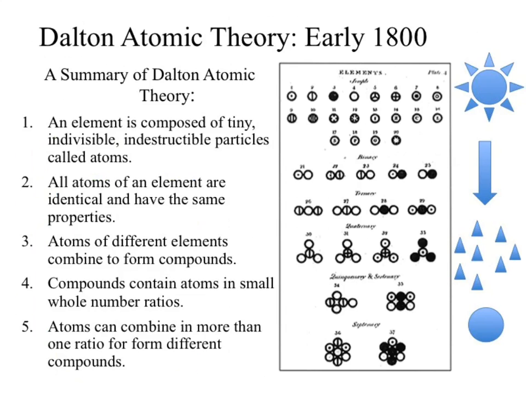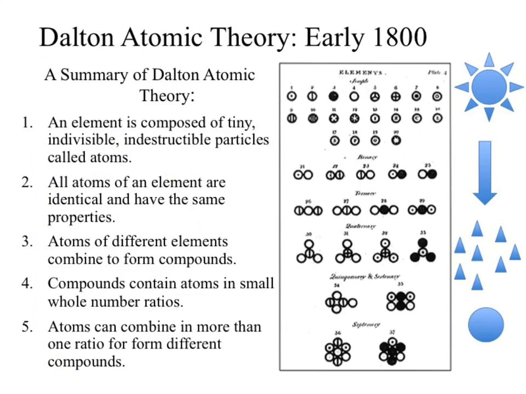One of his other observations is that compounds will contain the atoms in small whole number ratios. This one always seems to confuse and puzzle people, particularly when we go through and look at reactions. What we're evaluating is a piece. An atom is a piece, much like a bicycle tire. If I take 2 bicycle tires and a bike frame, assuming we ignore all the other missing pieces, I can make 1 bike. But what if I have 2.5 tires? Can I jam that half a tire into my bike? Not really. We're looking at whole number pieces when we put these things together.